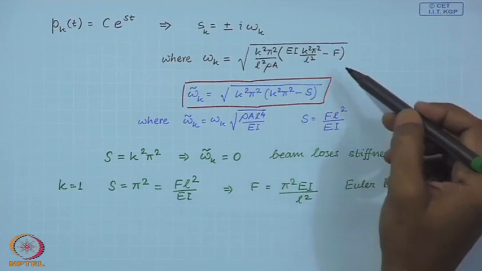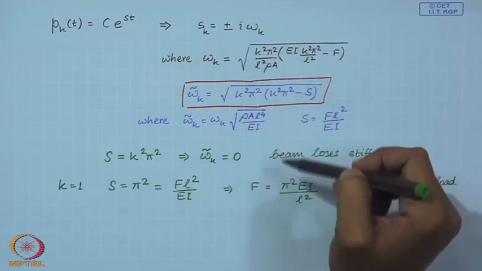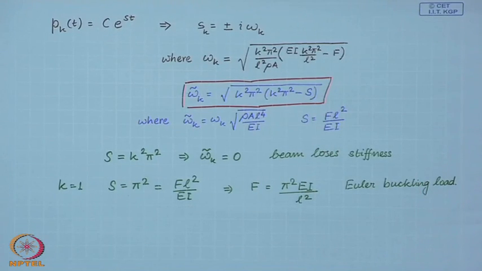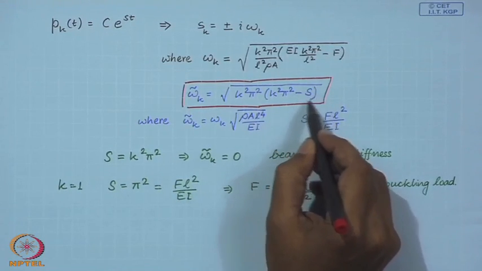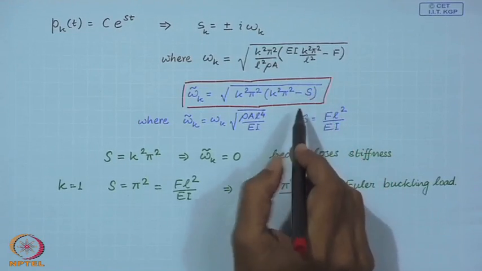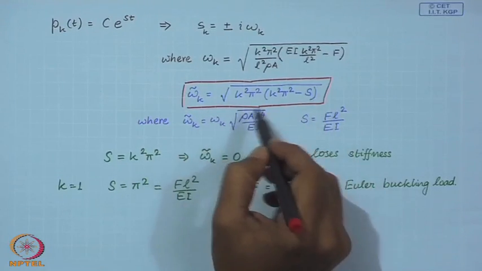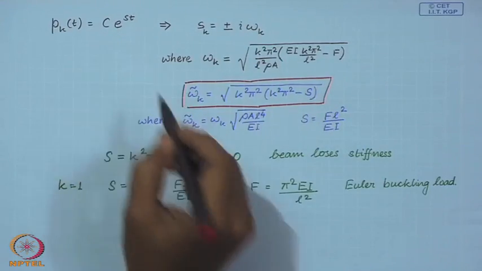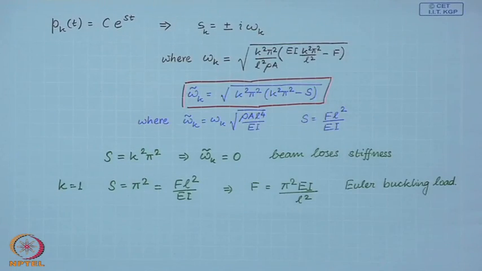Now, the way we have arrived at this Euler buckling load is through the dynamics. So, let us first see this. When we are increasing S from 0, then this omega k is a real number. So, you have solutions in the form of exponentials. When omega k is real, you have solutions